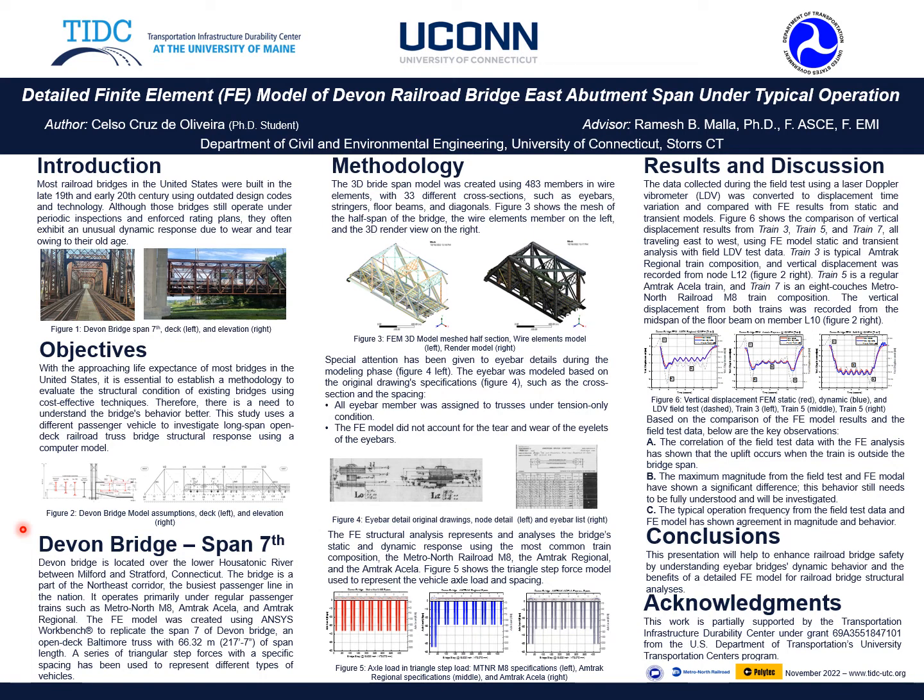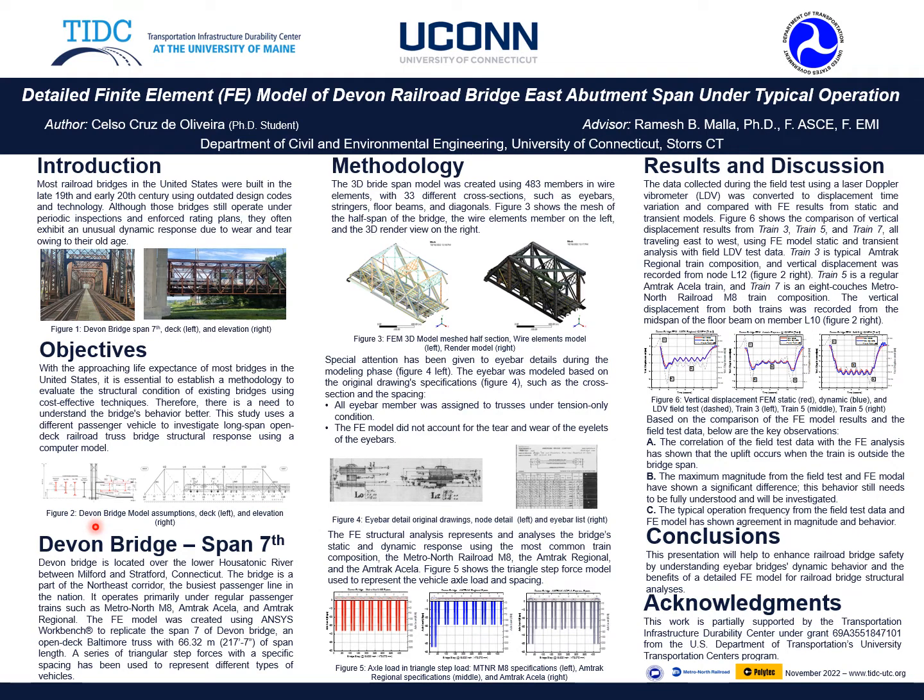Devon Bridge is located over the Lower Housatonic River between Milford and Stamford, Connecticut. The bridge is a part of the Northeast Corridor, which is the busiest passenger line in the nation, and it primarily operates trains such as Metro North M8, Amtrak Acela, or Amtrak Regional. So we created a finite element model using ANSYS Workbench to replicate that span. And the span is roughly 117